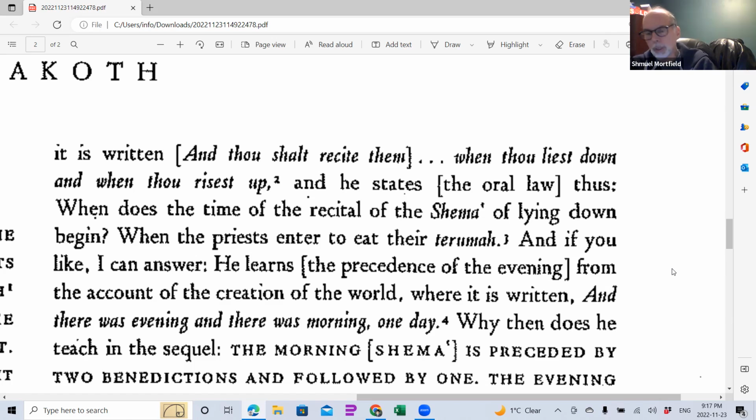Okay, no, because I'm wondering if the night one determines when you can say the morning one. Yeah, you could say them back to back. Oh, you can say that. Yeah, because, I mean, it's better to say the Shema a little bit after dawn. But if you need to, you can already say the morning Shema right after dawn.